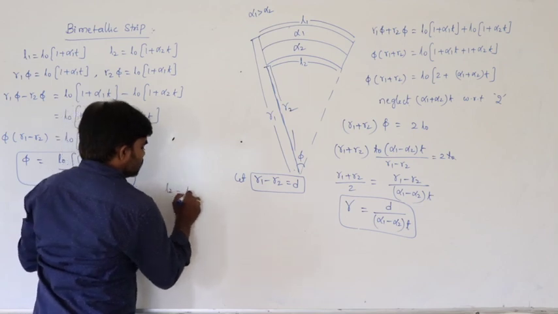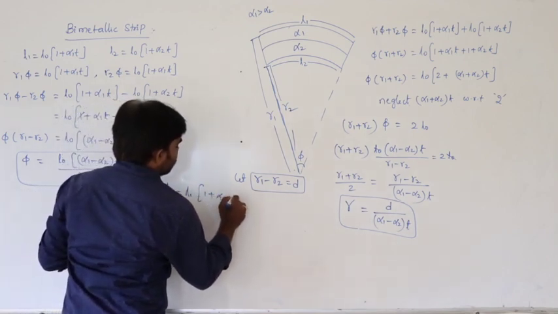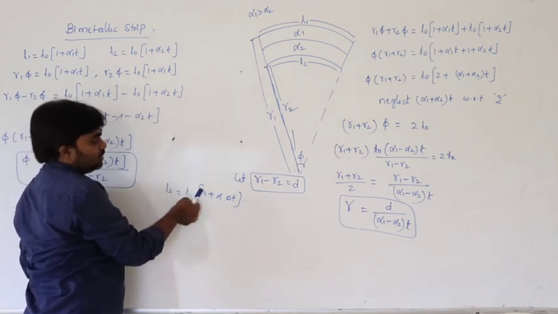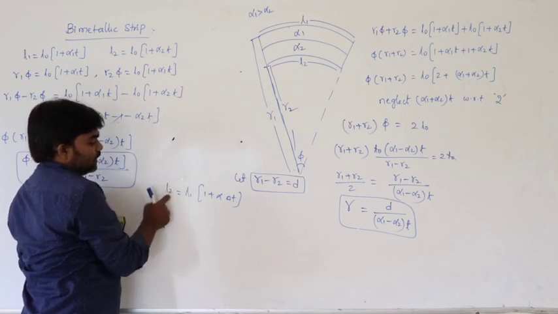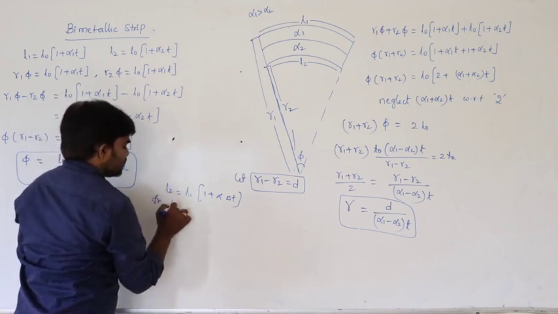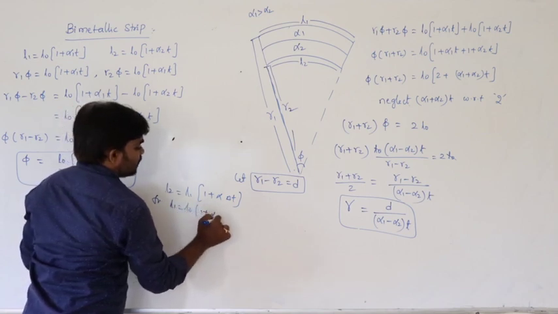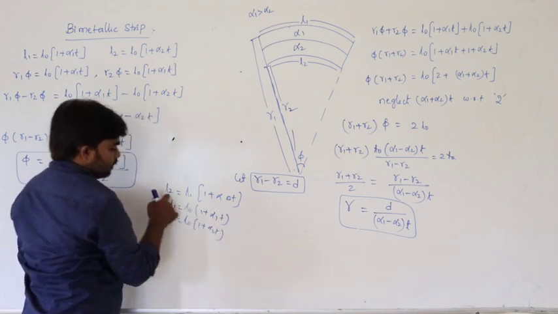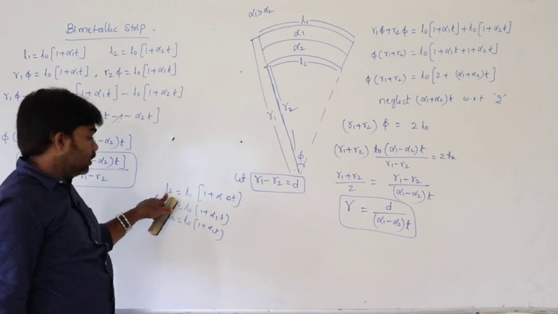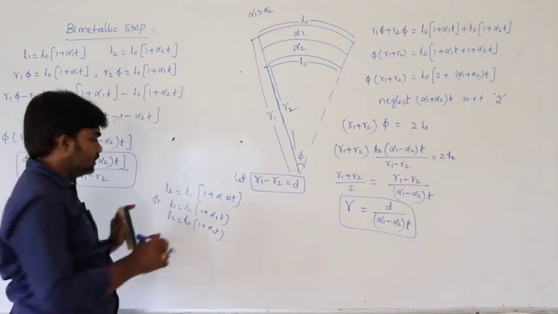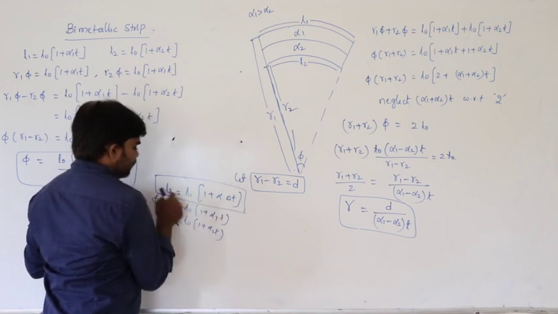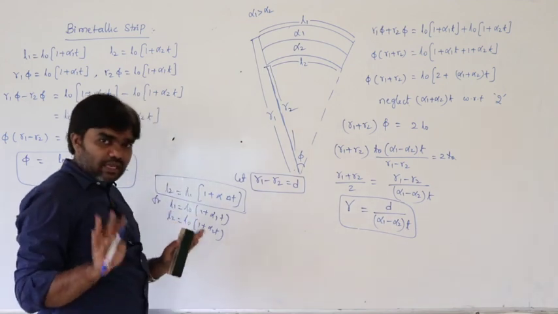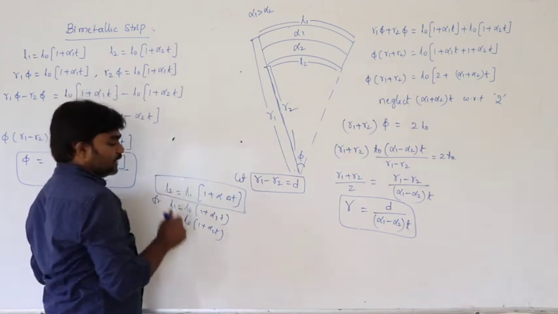We know L2 is equal to L1 into 1 plus alpha delta T. Based on this, in this situation L1 is L naught. For the first rod, L1 is equal to L naught into 1 plus alpha 1 T. In the same way, for the second rod, L naught into 1 plus alpha 2 T. Do not consider L2 as again L1. This is the general formula. In place of L2 here we have L1, in place of L1 we have L naught, since initially we considered L naught as the length. So the first is L1, next is L2, like this.